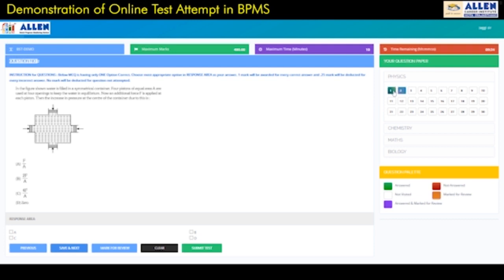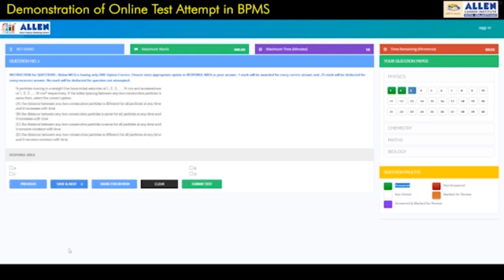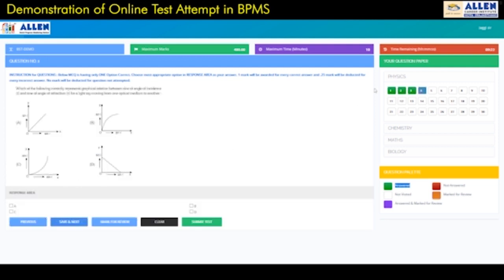That means whenever you press Save and Next, the buttons become green. That means these questions you have attempted. Likewise, you can select and mark multiple questions, and then click Save and Next. But in a certain question, if you feel there is a confusion, say between options 2 and 4, in that case you can press the button Mark for Review.